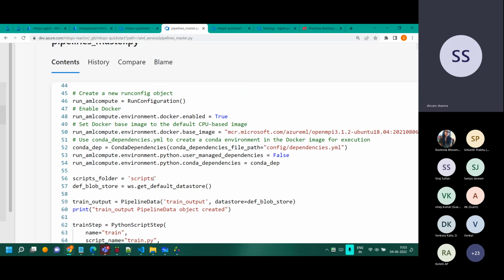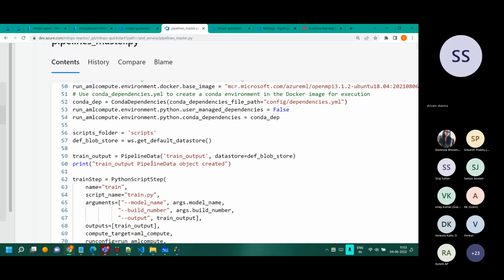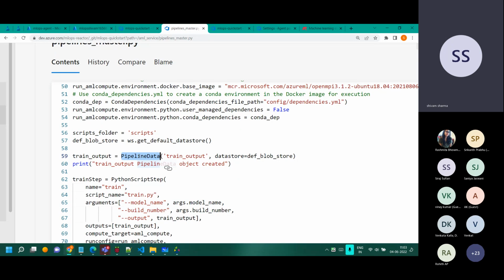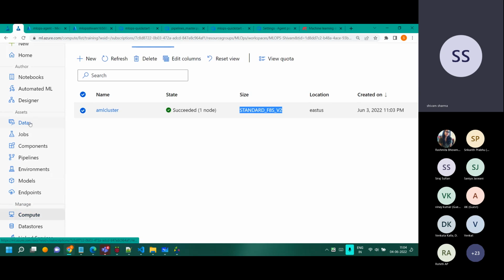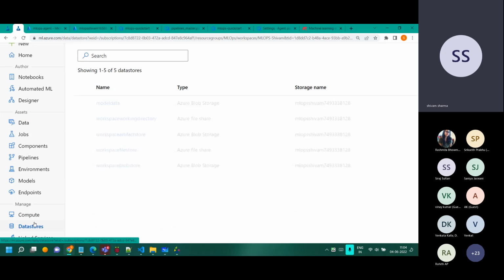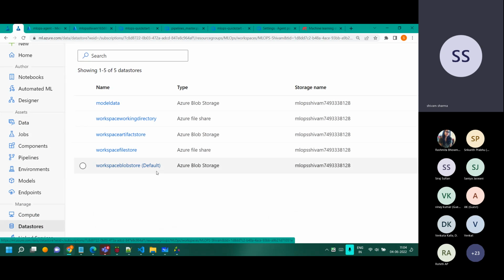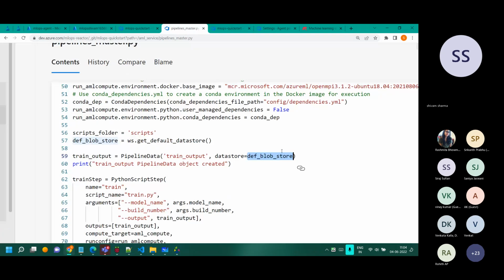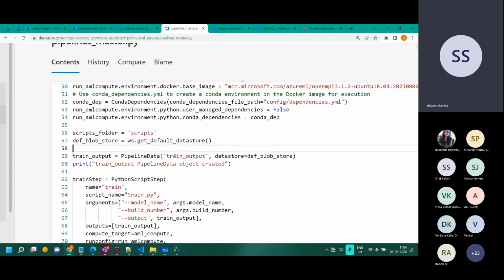Let's find something useful. Okay, so this is the main part over there. You see this pipeline data. This pipeline data is referring to the default blob storage. The default blob storage is the one which gets created automatically. It should be in the data store over here, and one of them should be saying default. That's the one, the default blob storage over there. You see this get default data store. This is the object storage. This is a storage account. It's in my resource group right now in Azure. So will the data be there? Yes, we can go and check in some time. It goes over there.